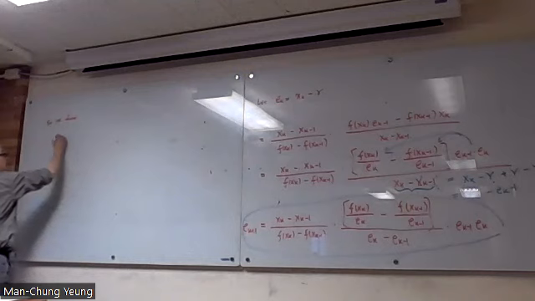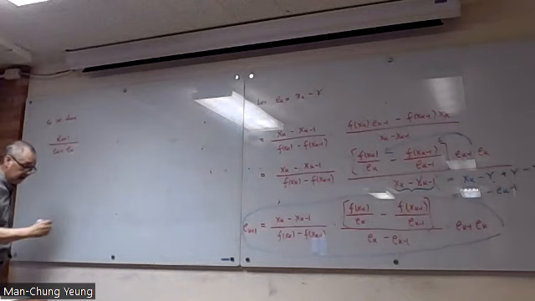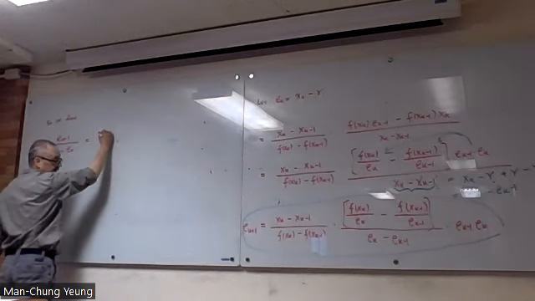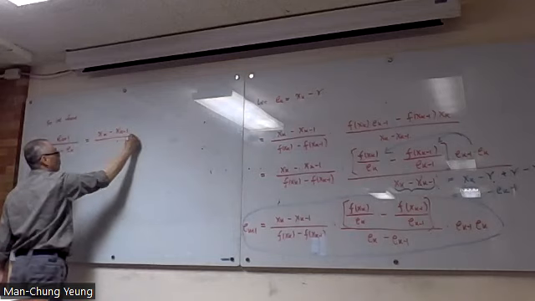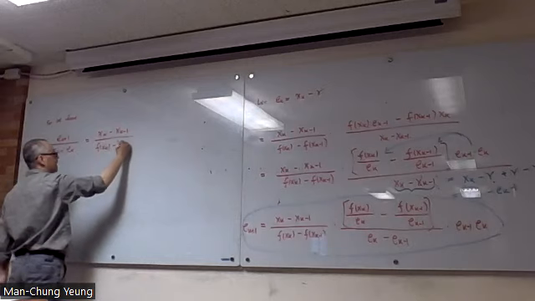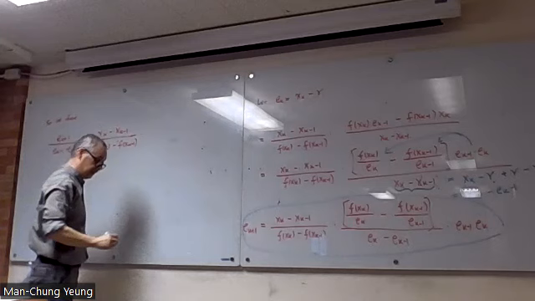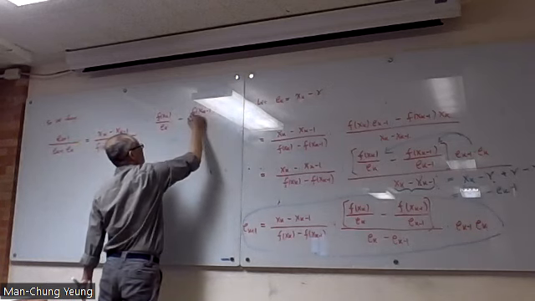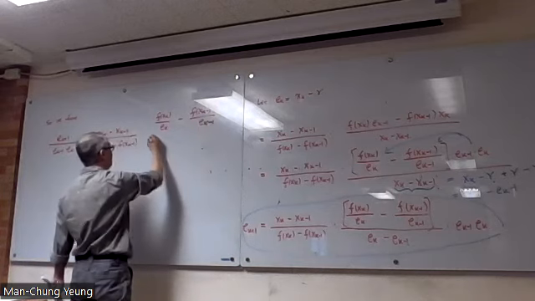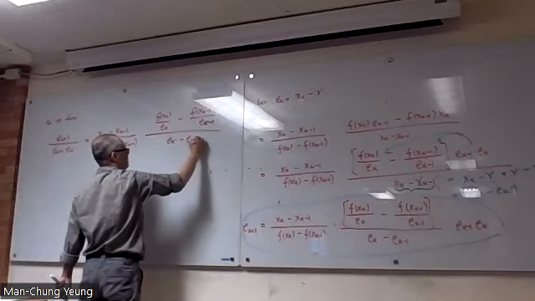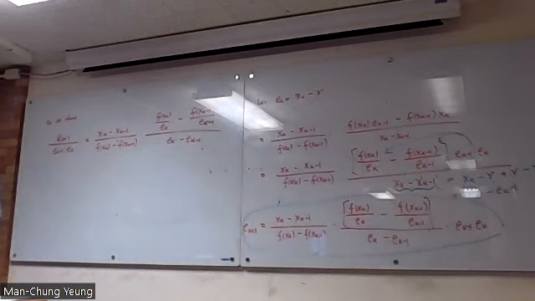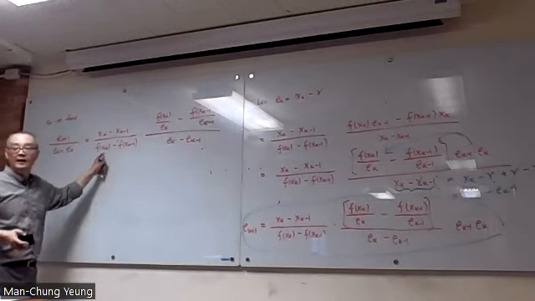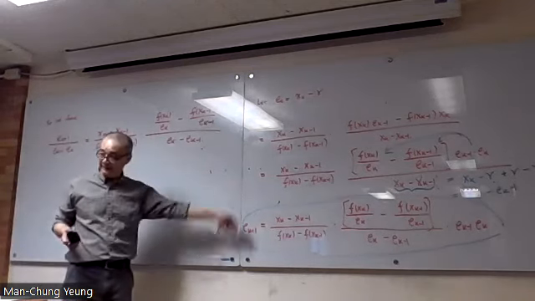So ek plus 1 over ek minus 1 times ek is xk minus xk minus 1 over f xk minus f xk minus 1, times f xk over ek minus f xk minus 1 over ek minus 1, then over ek minus ek minus 1. All right. Okay. Now,